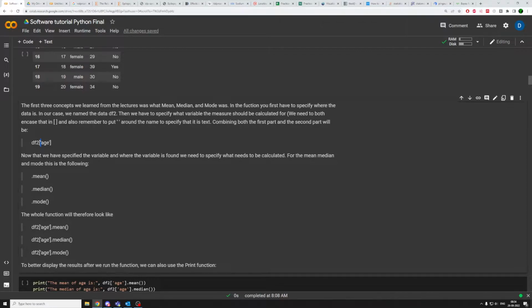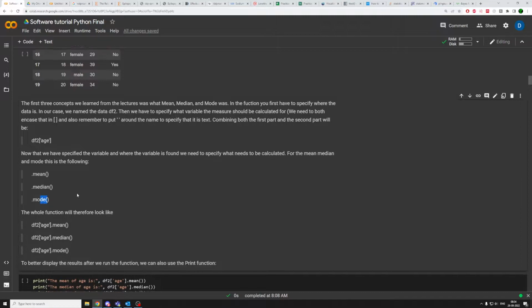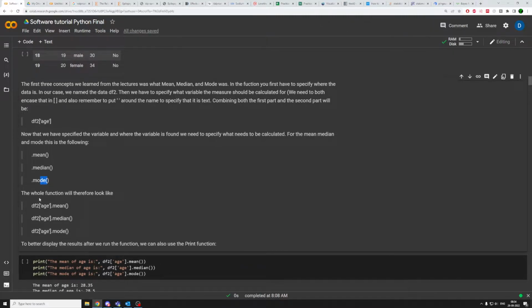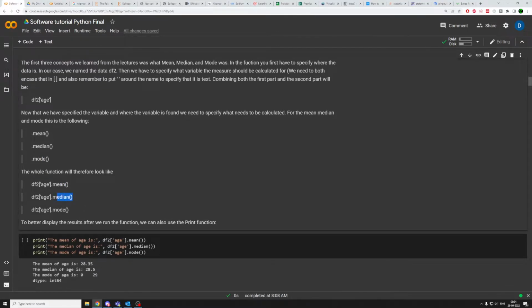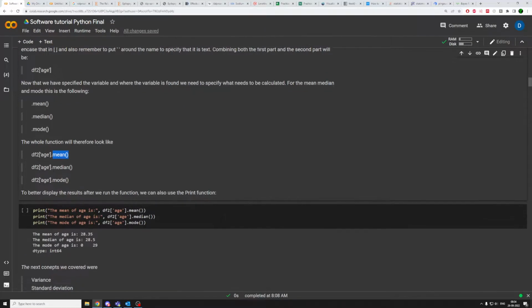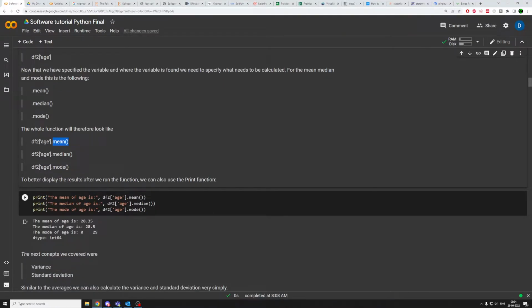So the functions for the mean, median, and mode are these. So it's mean, median, and mode. And then the whole function would look like this. So this is the one for the mean, this is the one for the median, and this is the one for mode. So we're saying in the dataset df2, we want to use age, and we want to calculate the mean of that. And when we then run it, if you don't specify, so here, this is a print